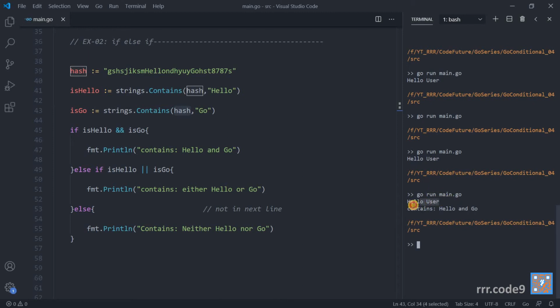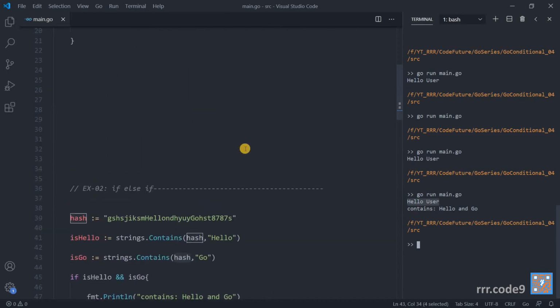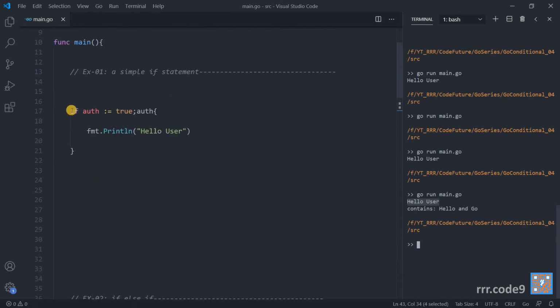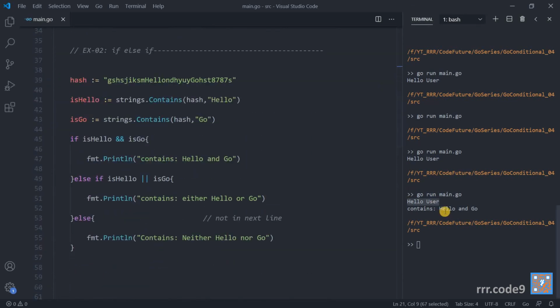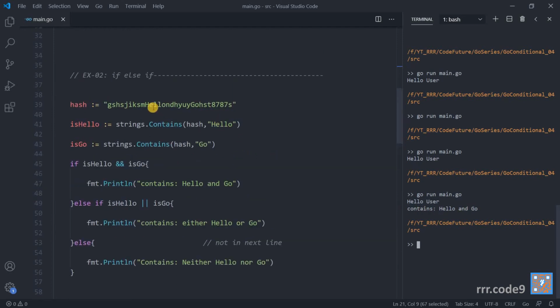Here you can see this is corresponding to the first example. I will comment this part so that it will not be confusing. And here you can see it is printing contains hello and go. So it is finding both hello and go inside this hash. Let me modify the hash string a little bit so that it will not find hello, and let's run the code again.